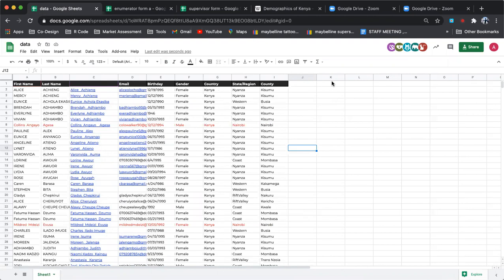So basically you can concatenate anything. You can combine, you can concatenate every cell here. You can combine email addresses with the gender and the county. So we want to combine Alice Achieng, comma, female Kenyan from Kisumu. So you write the formula concatenate Alice Achieng, comma,